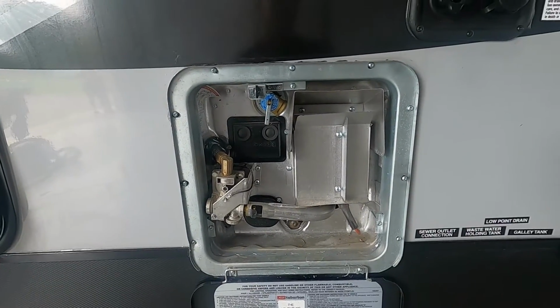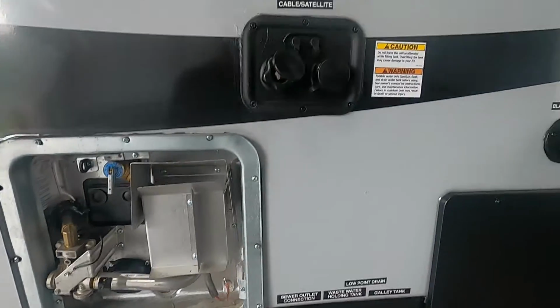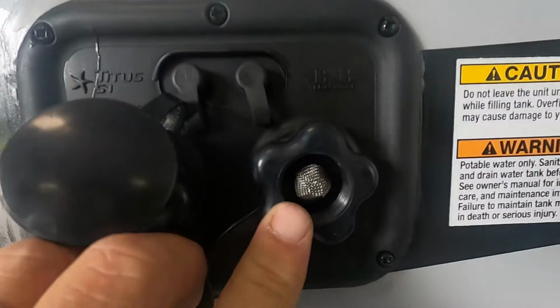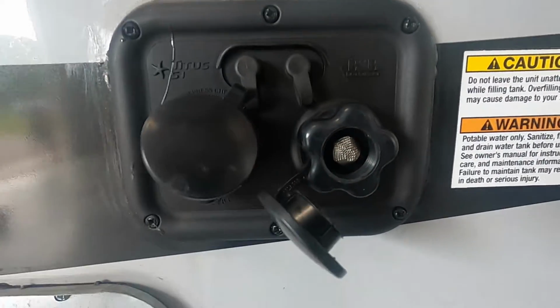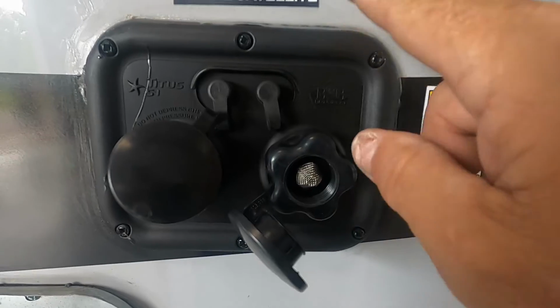Now let's say we're going to go boondocking and we're not going to need the city water connection. We're going to fill up our fresh water tank. Again, water pressure regulator, hook your hose up, turn your hose on. Now to tell when this is full, go on the inside and where you check